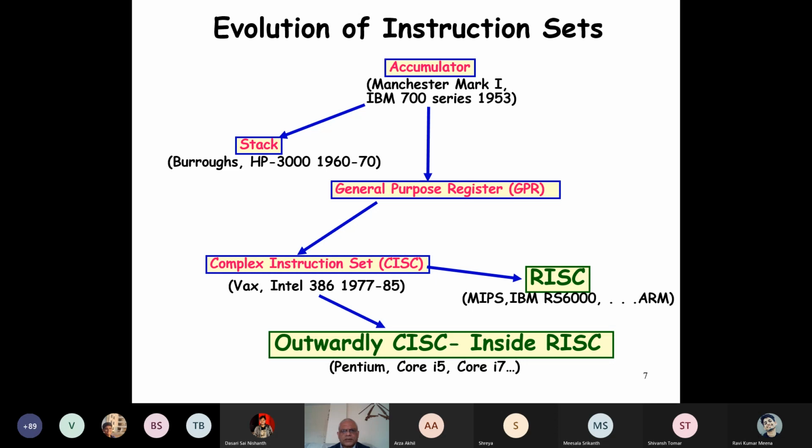And then the stack architecture and the general purpose register architecture came about. In the stack architecture, namely the HP computers were prominent users of the stack architecture. But the general purpose register architecture, these were a generalization of the accumulator architecture. Here the operand can be in any of the registers. That's why the general purpose register, each register can be the accumulator. And slowly, 1980s.